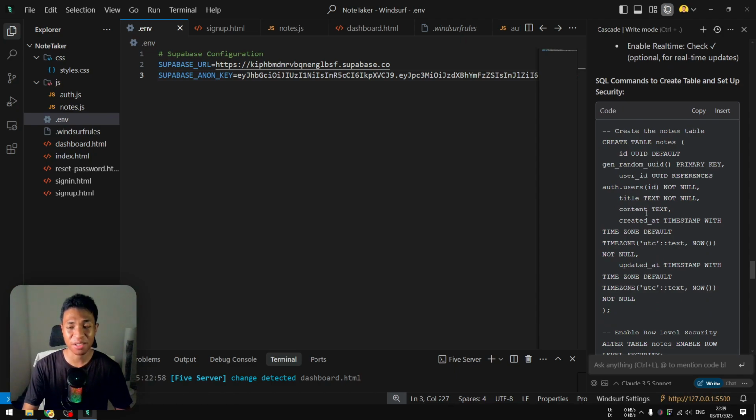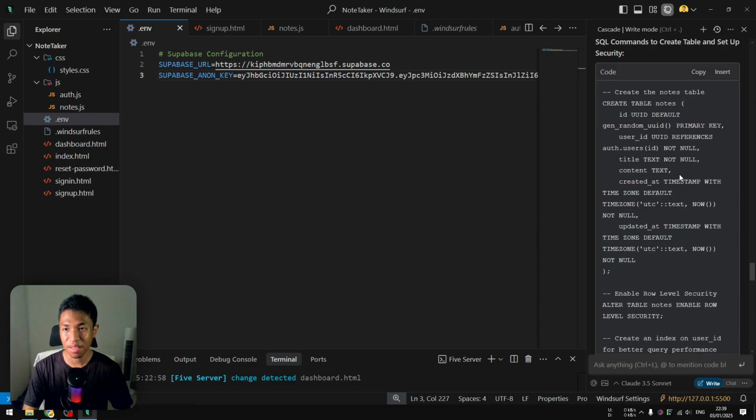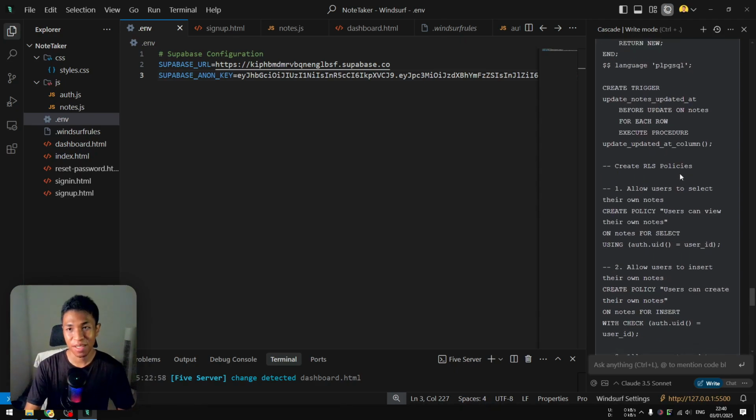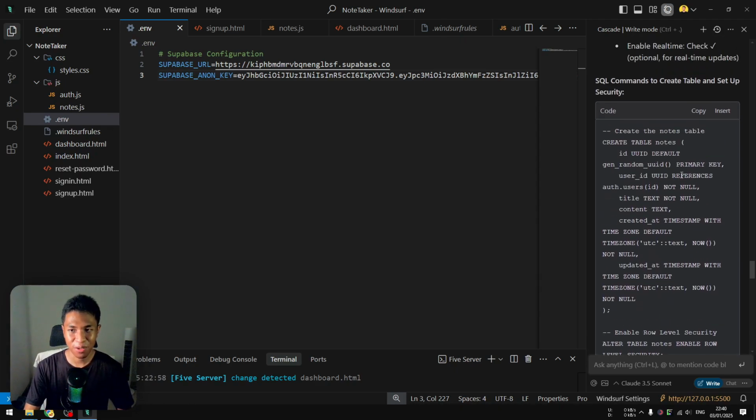I probably call it SQL. And you can actually just copy this and then paste that into the SQL editor in Supabase, and it will do the same thing. It will create the table. Previously, it was a lot more difficult to create an SQL like this because this is yet another language. But since we are using AI, this is actually becoming the easiest method because we can just copy the command